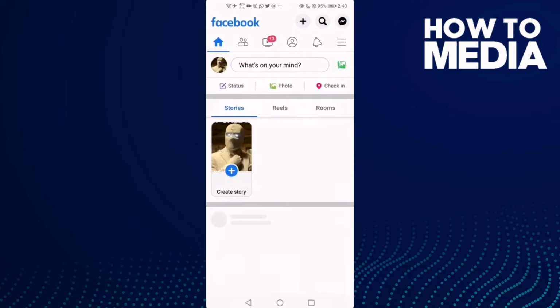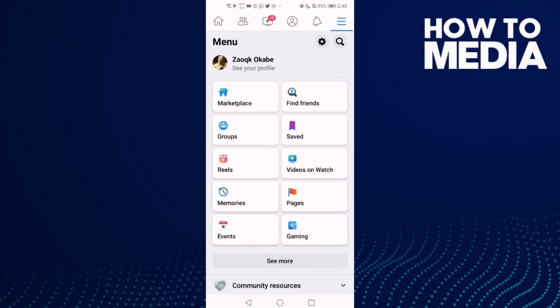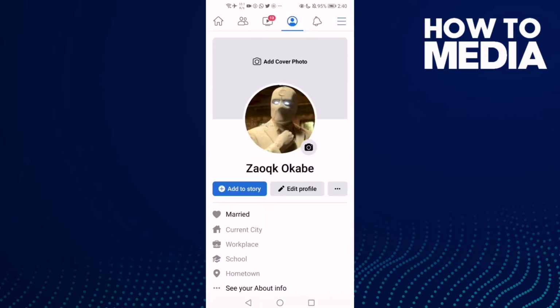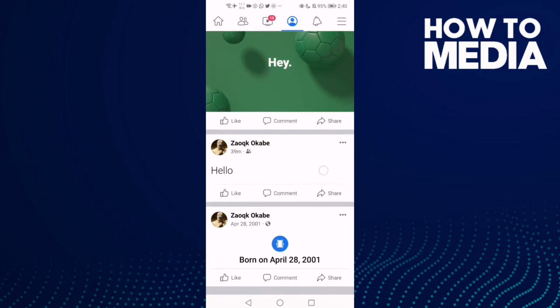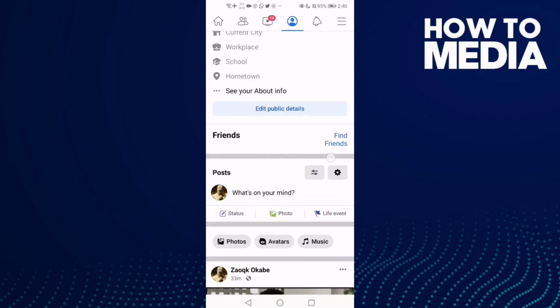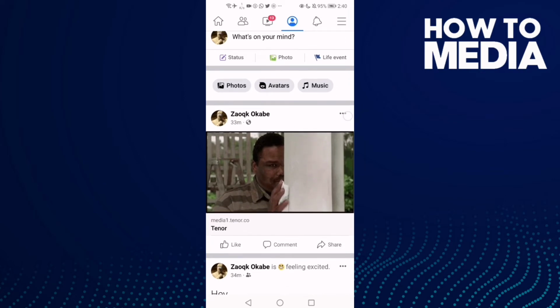First thing, go to Facebook and then click these three lines here in the top corner and then click see your profile, and now just go down and select any post you want, like this one, and click these three points here